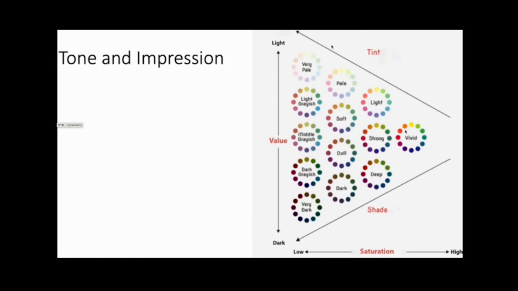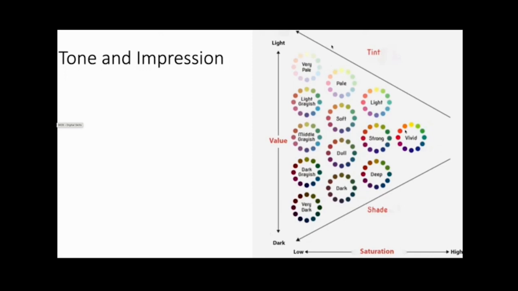So this is just another great example of how the tone works with the color. As you notice on the bottom, there is a saturation level. With a very high saturation, you'll get that vivid color, and that's really the pure color. And then as you lower the saturation, lower the shade, and increase the tint, you'll notice that it